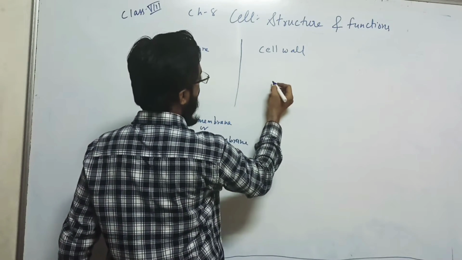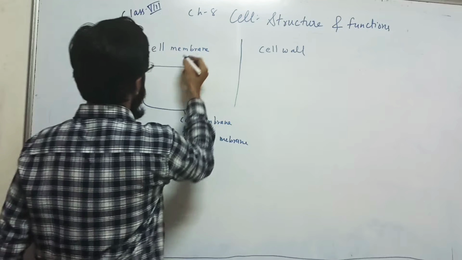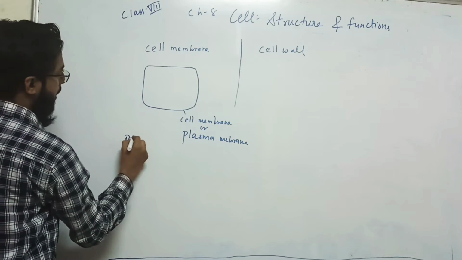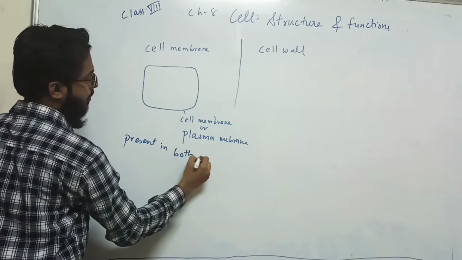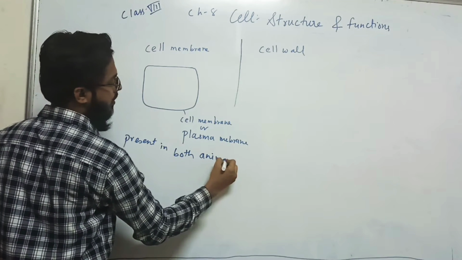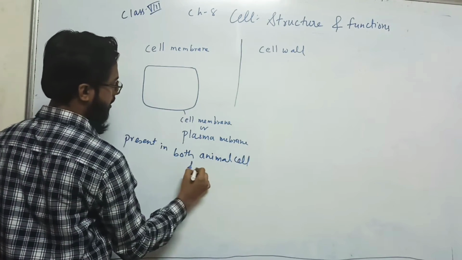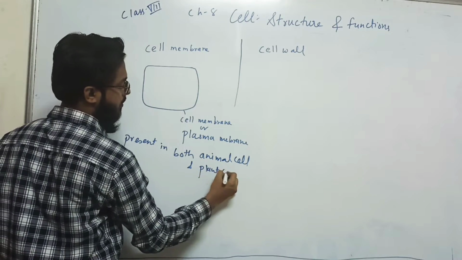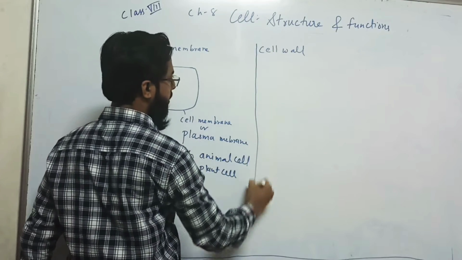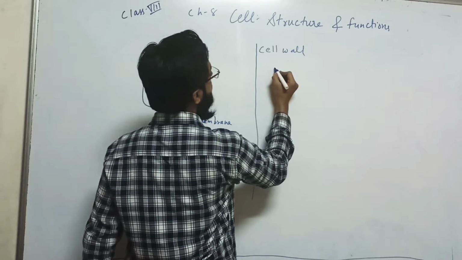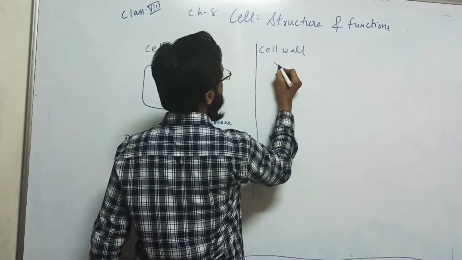In case of cell wall, cell membrane is present in both animal cell and plant cell. On the contrary, cell wall is the outermost layer